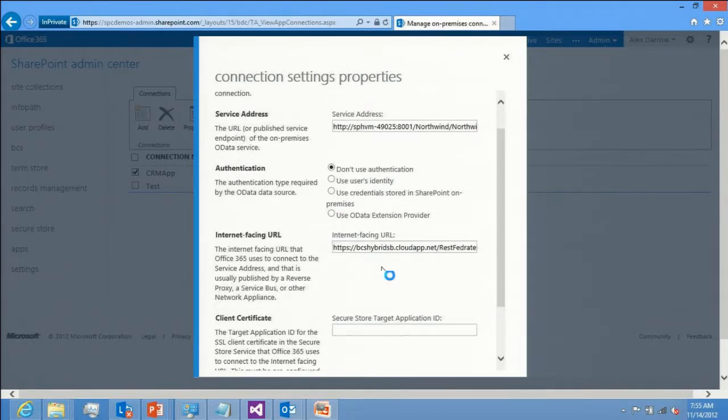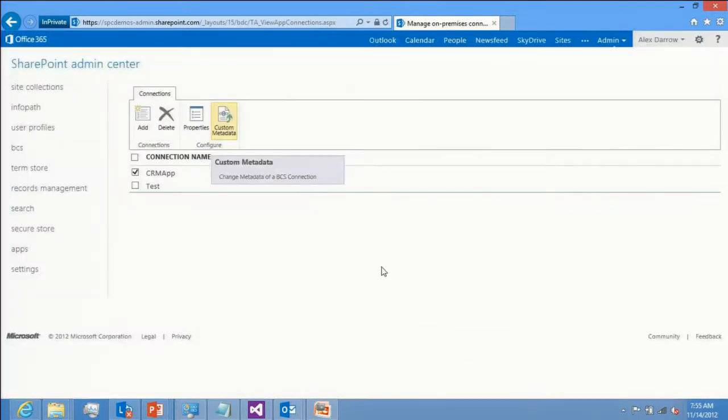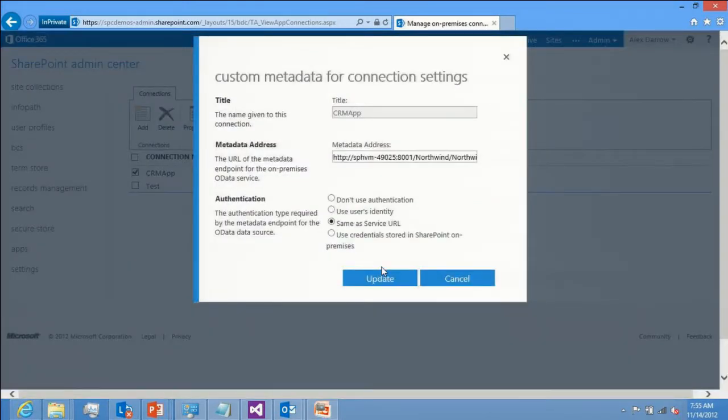The other thing that you can optionally do, this is not a required step, is you can go to a connection and you can specify any additional metadata properties. Now, by default, the metadata address for your service will be your service URL, and on the end of it over here will be a $metadata. The reason that we do that is because that's by default what the OData protocol prescribes. However, we've seen cases where either the metadata protocol URL is different or the authentication that the metadata service offers is different. And so we let you either use the same authentication as the service URL or specify a different way of authenticating.